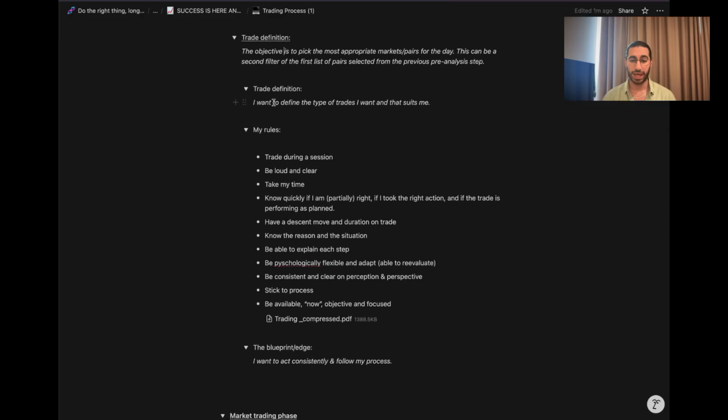Okay? And you'll have to basically define the type of trades that you want to take. You define it beforehand. You need to define the trade beforehand. So this is what I want to see. If that doesn't happen, I'm not taking that trade. If you want to draw it, you draw it. If you want to just read the market, you read the market, but you want to adapt yourself. If you're too fixed into a certain direction, if you're too fixed into selling or buying, you might bias yourself. You don't want to be biased when you trade. You want to adapt to the market.